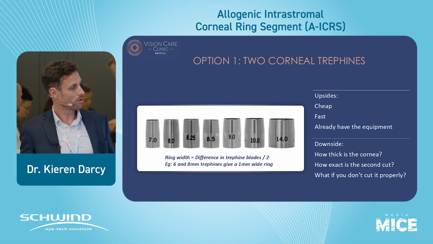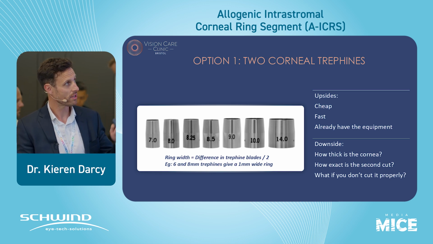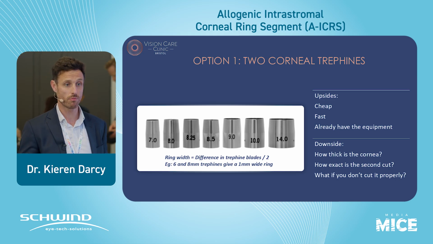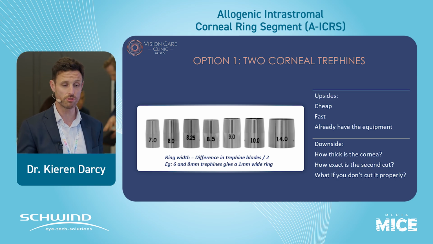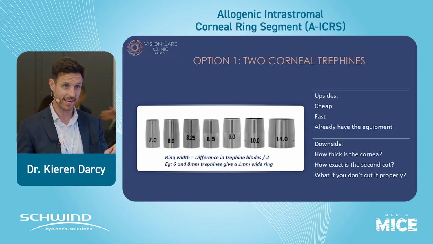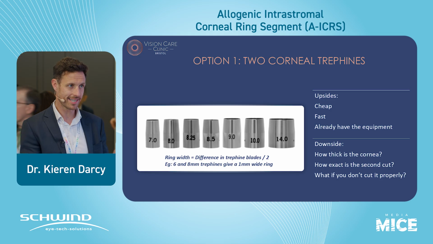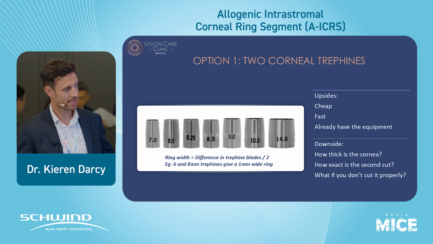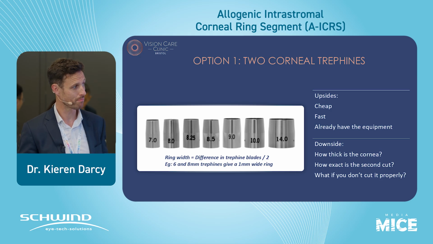So there are two types of corneal trephines. There are essentially manual ways of doing it, and this was the original way that we all started doing this: by doing two trephines, one on the external, then having to position the central one for the second one. But actually getting that alignment correct can be a problem, and so you can very easily misalign the two trephination points, and it's something we're used to with the Boston Cape Pro. It has the same problems,